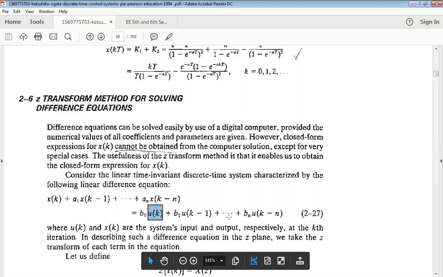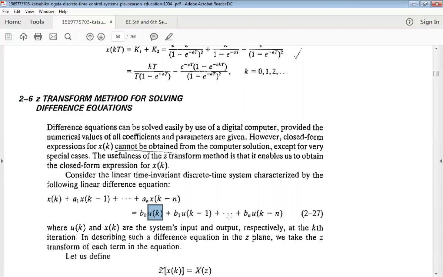That means you have to know how the difference equation of discrete time system, you have to convert that. Hello,